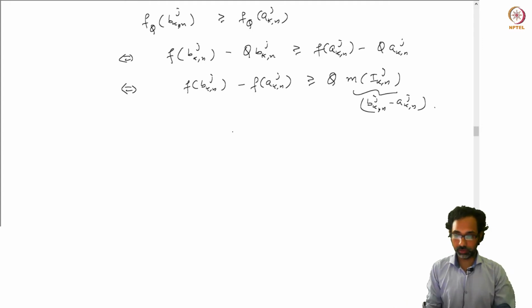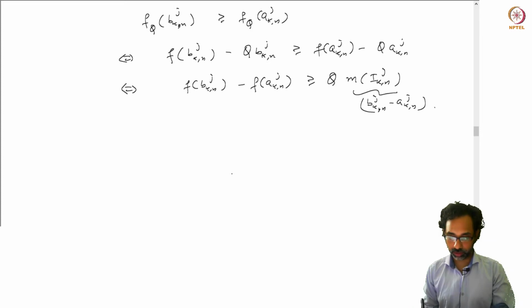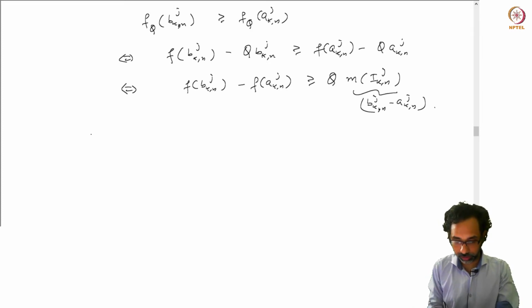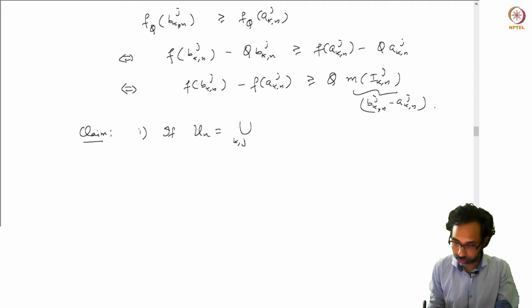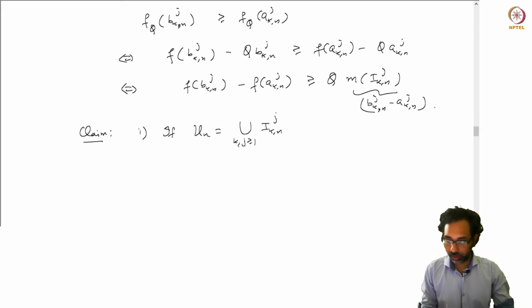So now we have these two inequalities which will help us estimate our Dini derivatives. So I claim that if I set U_n to be the union over k and j greater than or equal to 1 of I_{k,n,j}, so I am taking the union over all k and all j, then